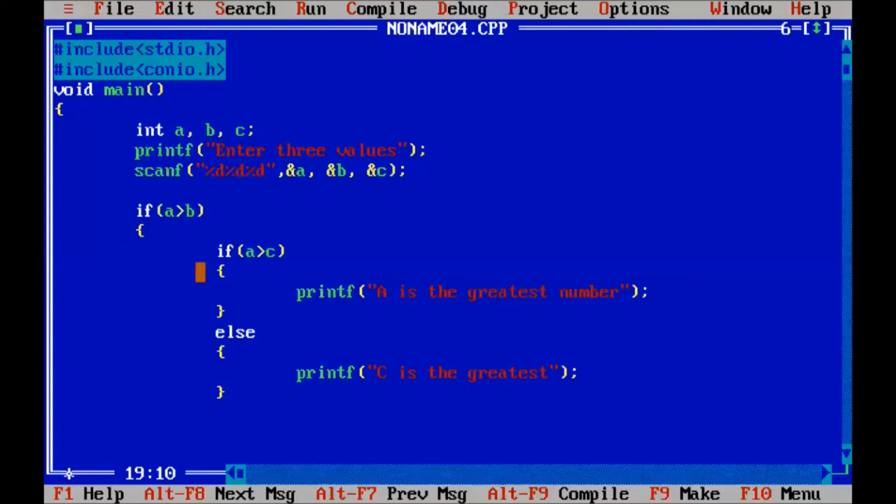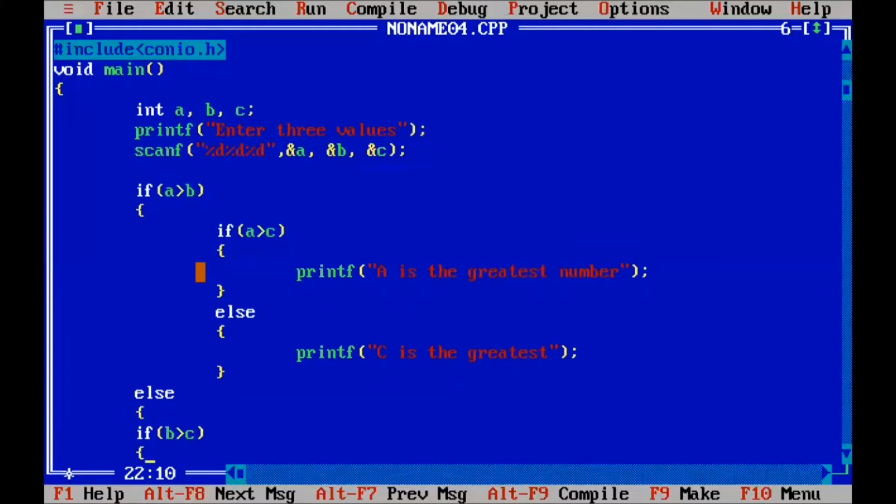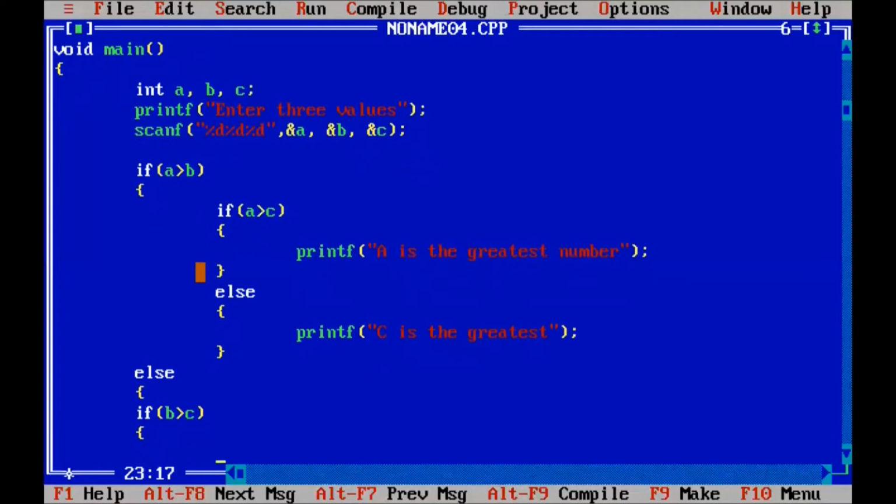Okay, else if b greater than c, print the message printf b is the greatest number.